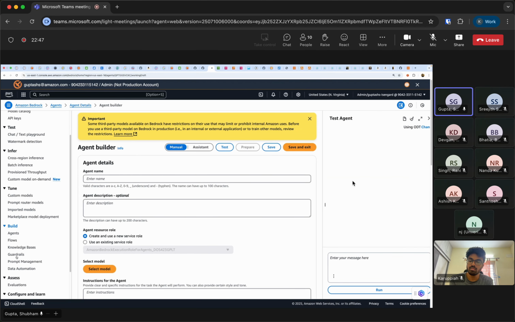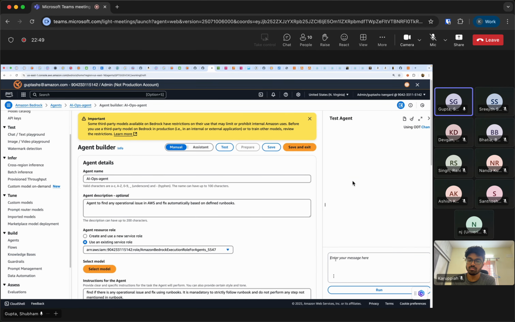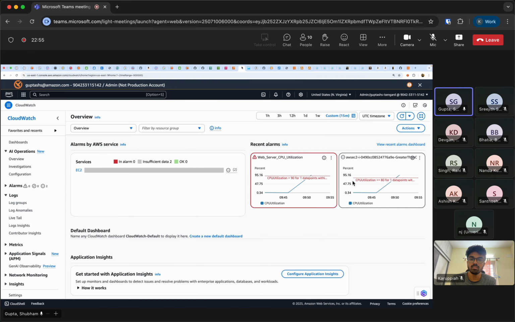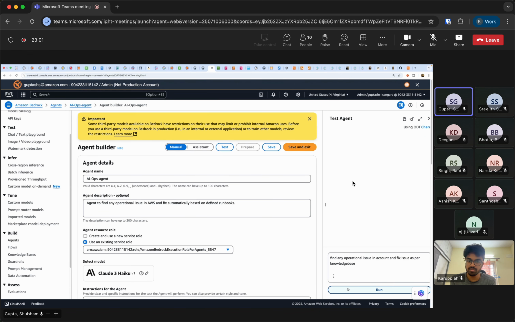Okay, if I show you this, I'll quickly run this command once, since we got this alarm, the utilization is beyond 90%. So I'll quickly run this and then I'll answer your question. I'll show you how you can actually select that. Okay, so I'm asking it the same question again. I have not changed anything.